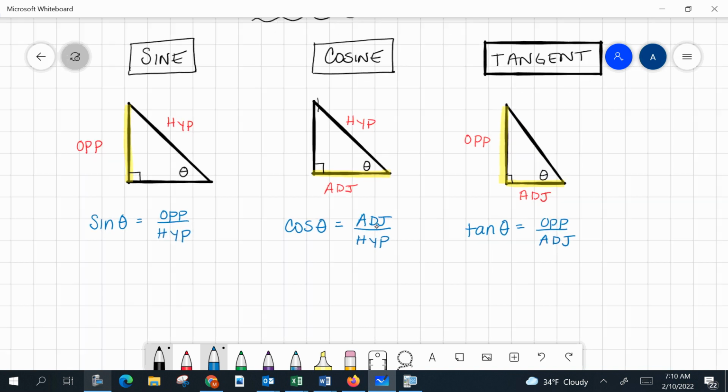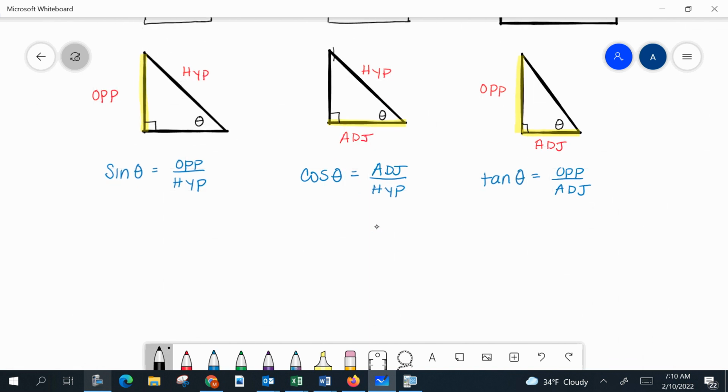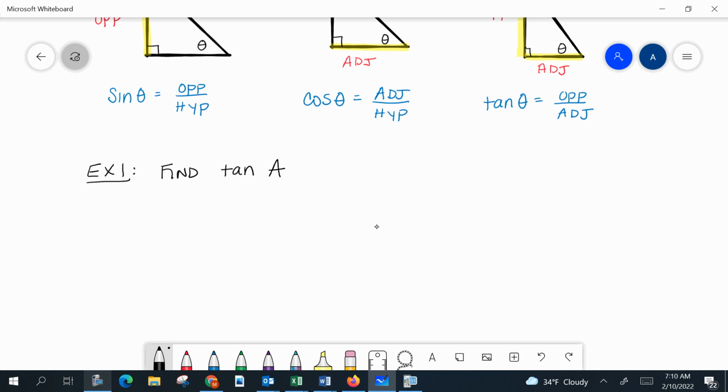All right, so let's just do a couple of examples to review this, because what you're going to see in your homework is we are just going to simply find a couple different sine, cosine, or tangent ratios. So I'm going to say we're going to find tangent of angle A. And so given this triangle right here that we need to draw, try that again. That was not a very good right triangle. All right, so given this right triangle,